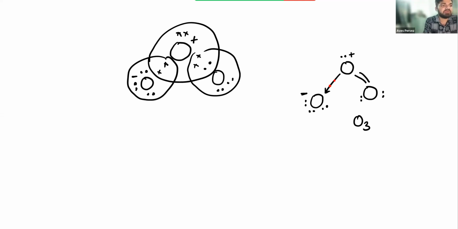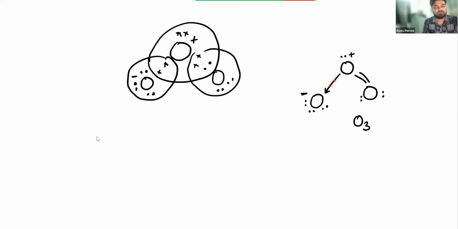Like we have another example, NH4 positive. Similar is for NH4. This is nitrogen. I have told you that oxygen, nitrogen, and fluorine are the most electronegative elements, and they cannot have more than 8 electrons. But